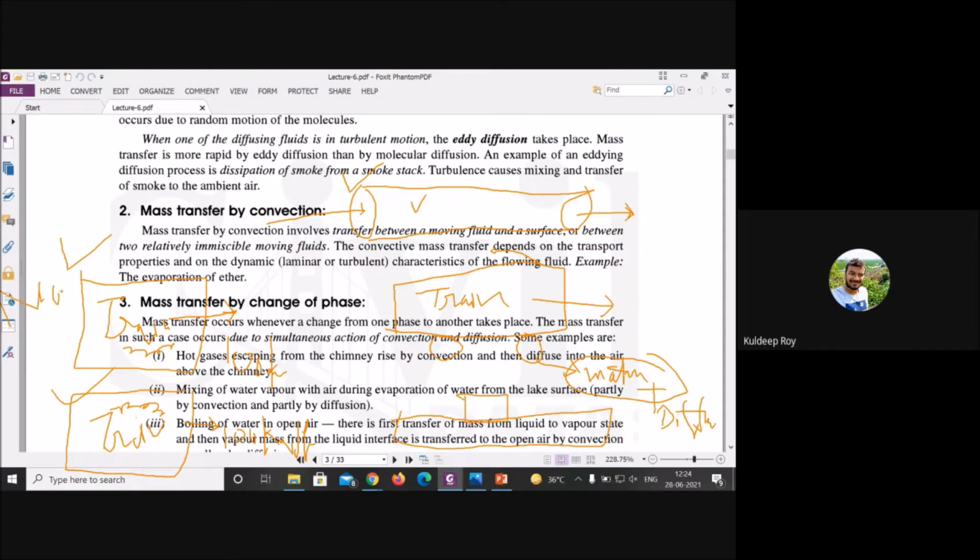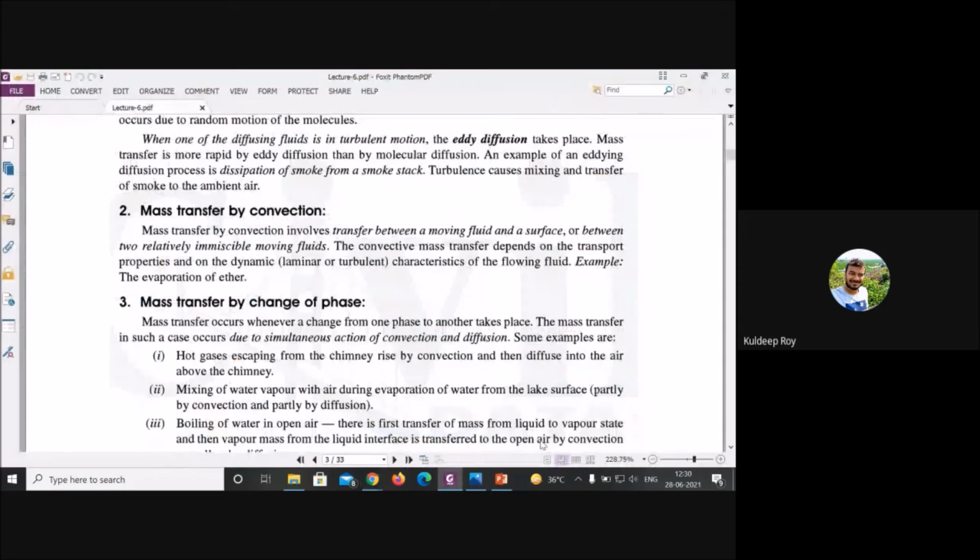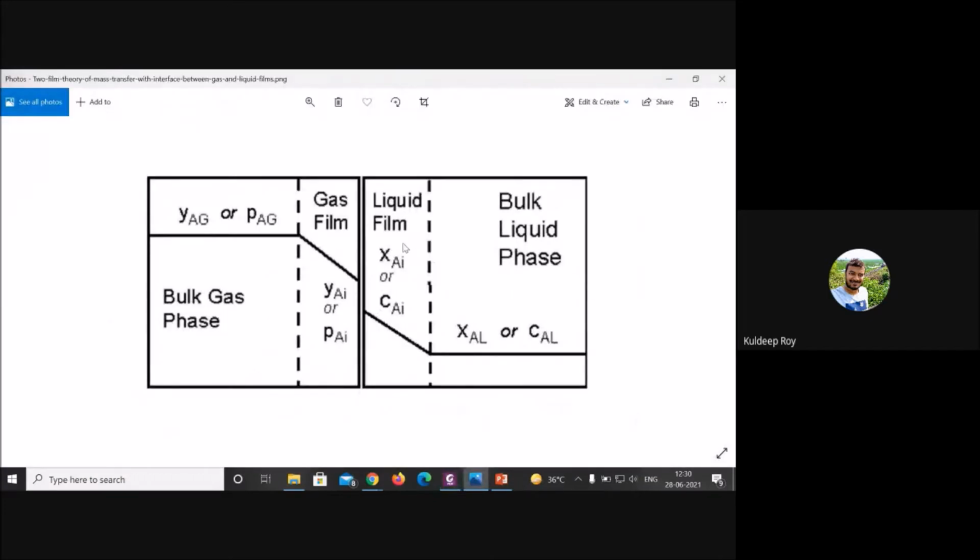Have you got my point? Yes or no? Chalo, we have got a little bit about what convection is and what diffusion is. We have differentiated convection and diffusion. Now the question comes, how will you approach it? You have got a little bit about convection and diffusion, but how will you solve the problem, how is it related to your bioreactor, and why are we reading this subject? Okay, let me share one picture.